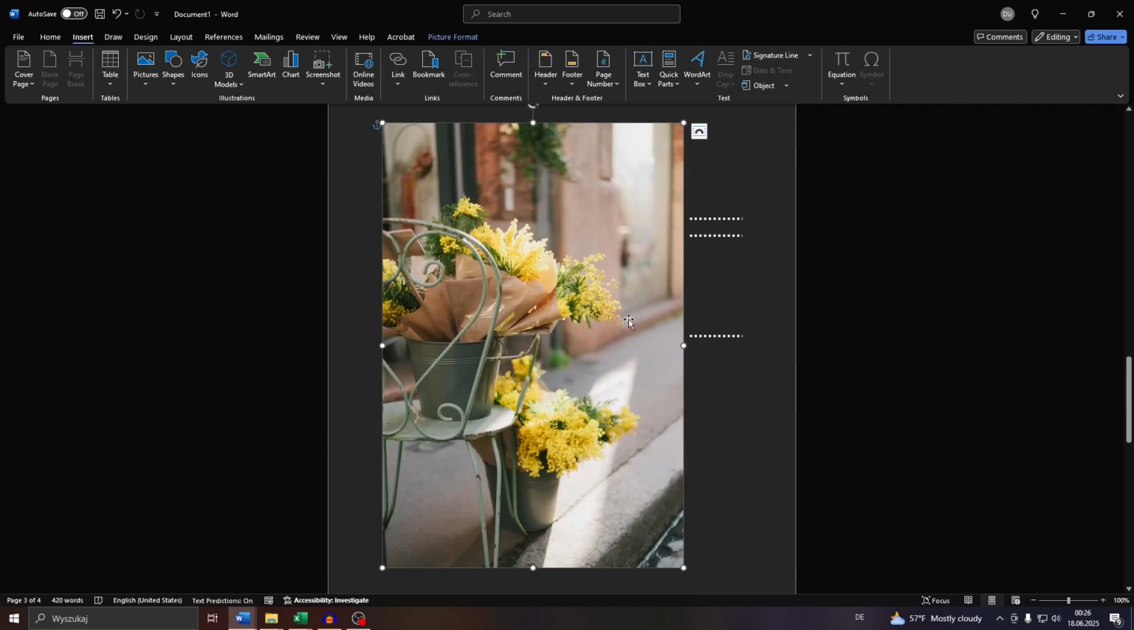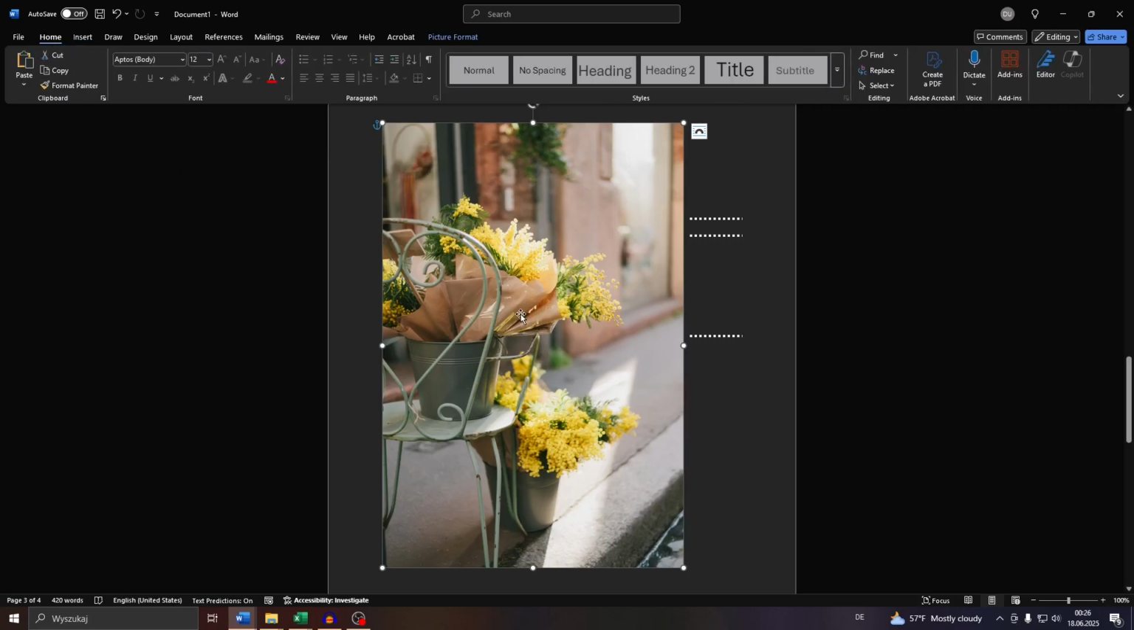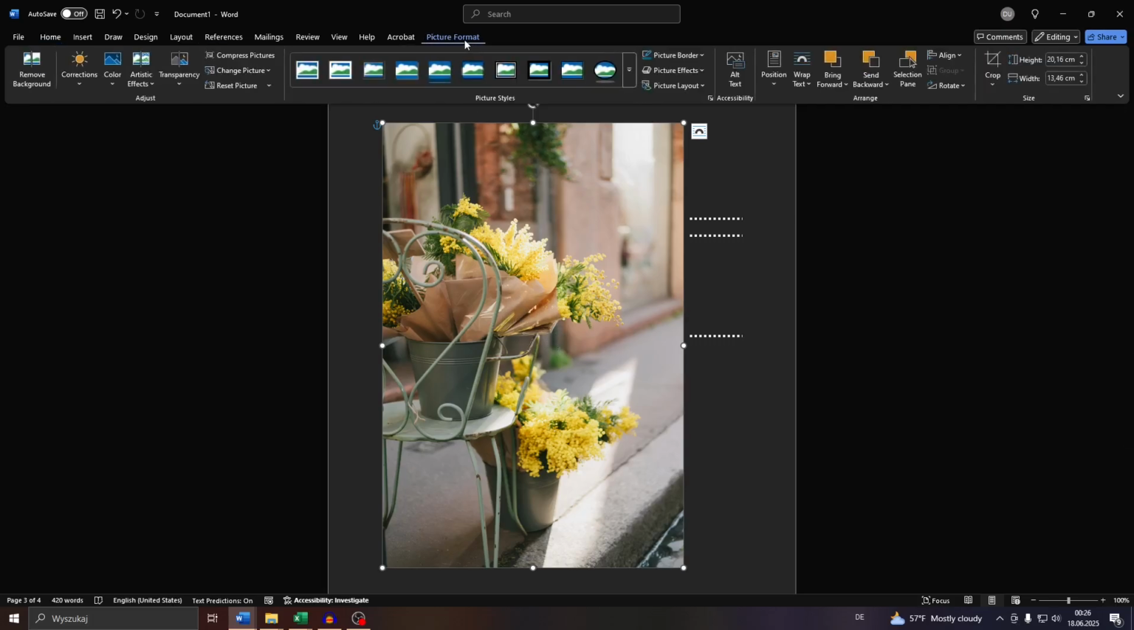So once you have uploaded and added your image to your document, guys, what you want to do is simply left click on your image to select it, and here at the top you will see a tab called Picture Format. So select it, and here inside the Picture Formatting menu, what you want to do is, guys, pay attention